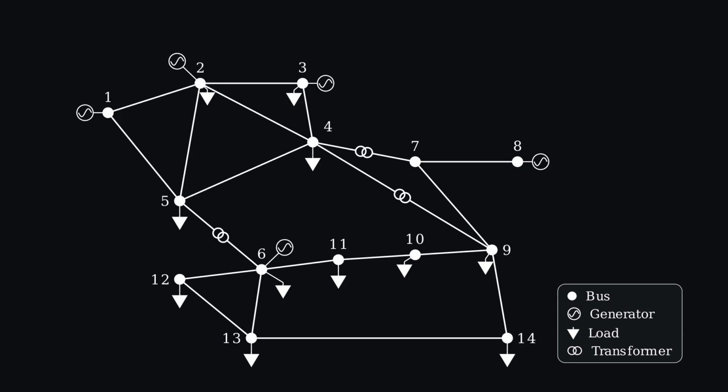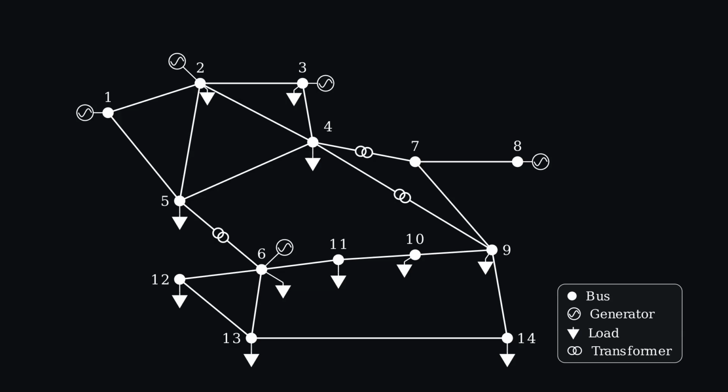Once the physical structure of the grid is defined, the next step is to understand how electricity flows through it under steady-state conditions. This involves solving the power flow problem, which determines the voltage at each bus and the active and reactive power exchanged across the network. These results are essential for evaluating whether the system is operating within its limits, identifying potential bottlenecks, and planning future